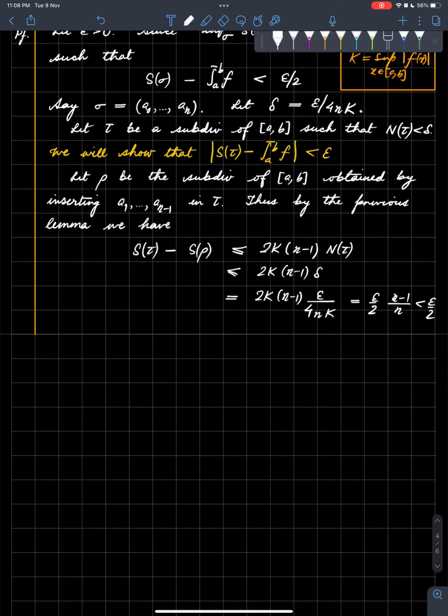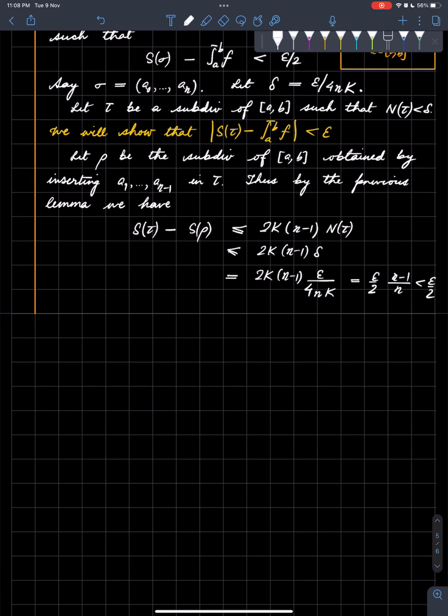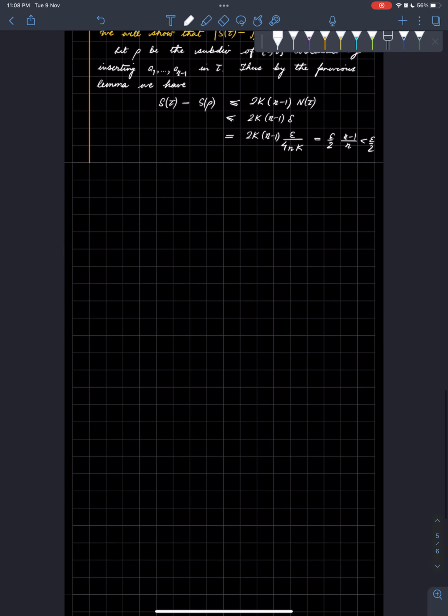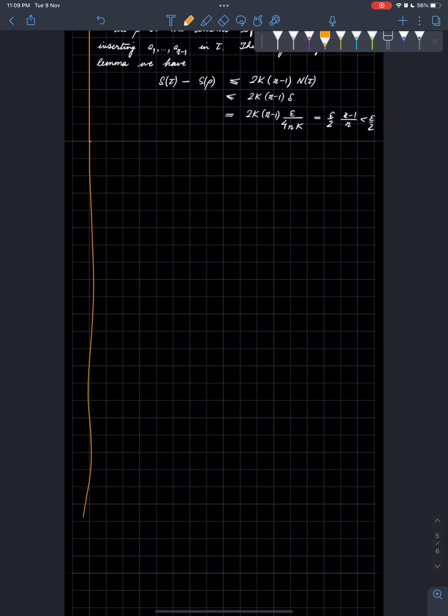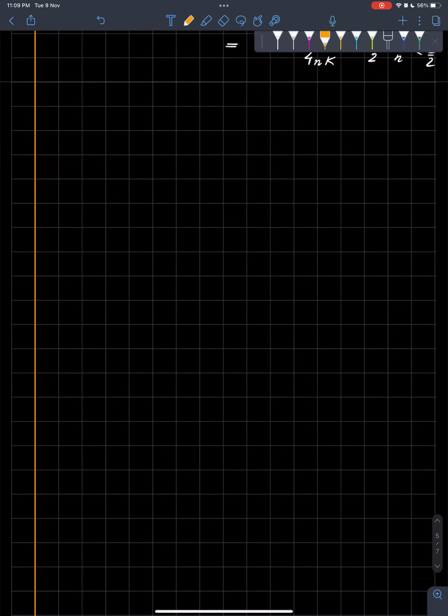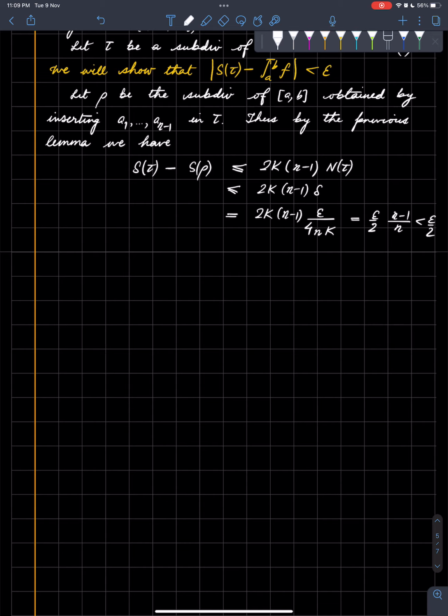Okay, so this is less than epsilon by 2. Great. Which implies that S tau minus S